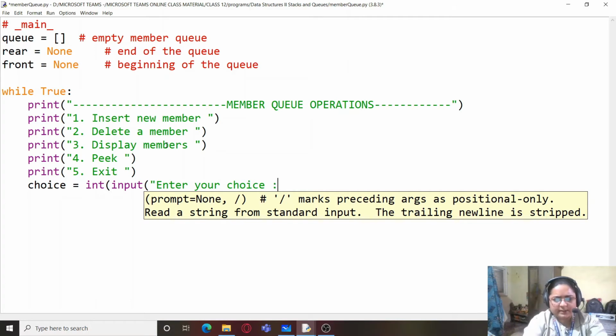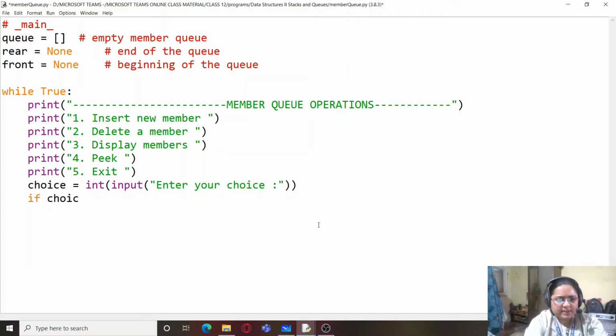Enter your choice. So if choice is equal to 1, that means we are going to do the enqueue operation. I'll be writing pass everywhere for the time being, because as and when we go on creating functions, we will keep inserting code here.